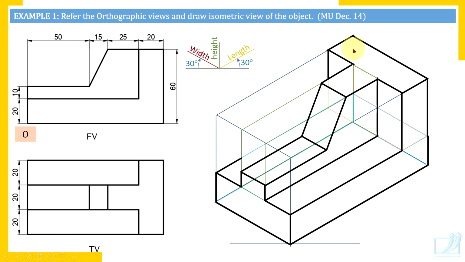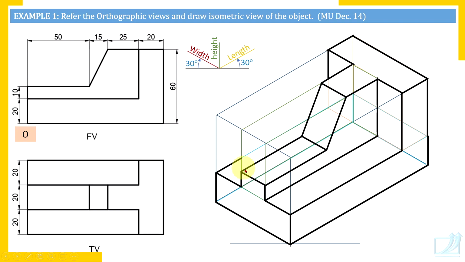A corner is formed by three edges, parallel to height, that is vertical edge, but this edge is at the top, that's why it's visible. This edge is at the top, that's why it's visible. But this edge is on the back side. Not only that, this edge is on the right side, and both sides are hidden, that is why this edge is hidden. Now check here.